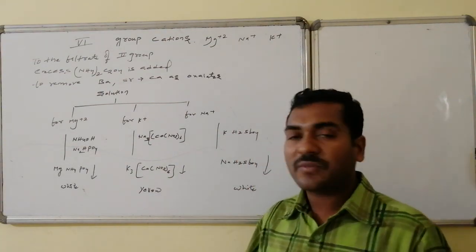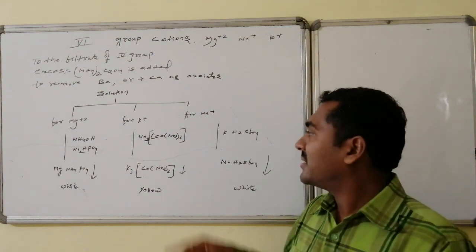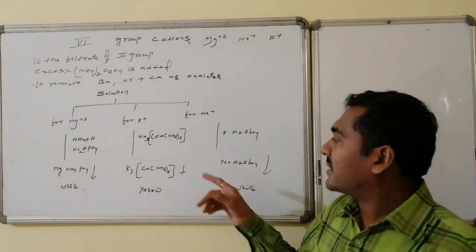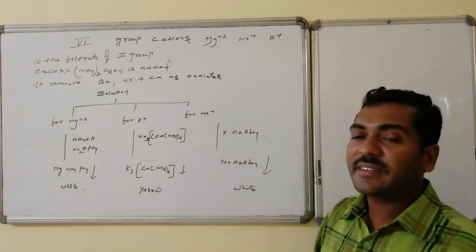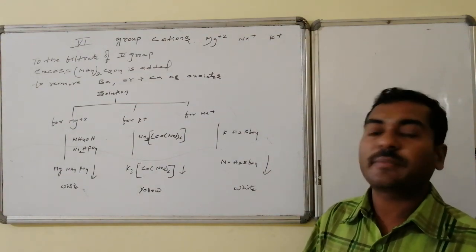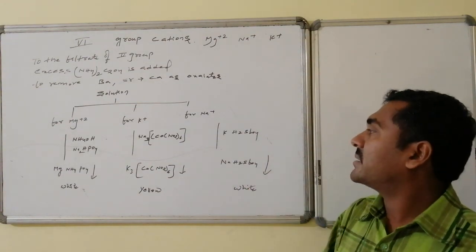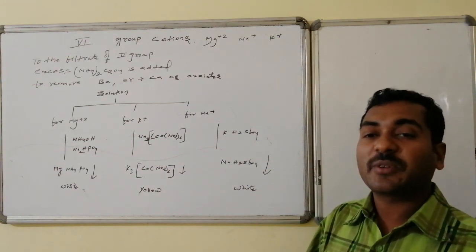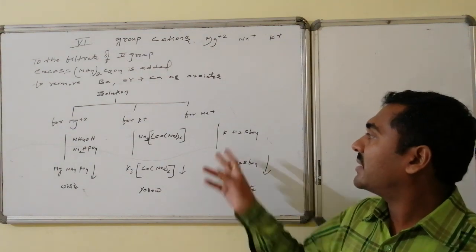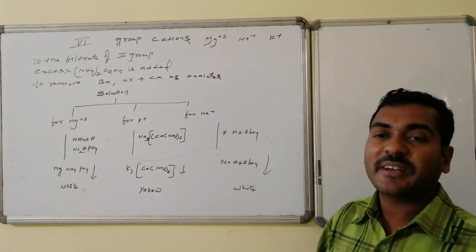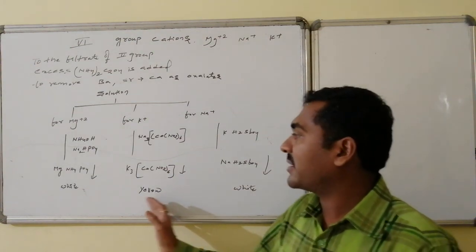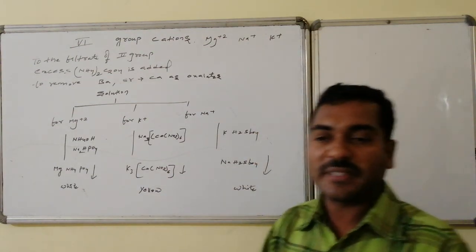For confirmation of potassium, you have to use a sodium salt, that is sodium cobalt 3 hexanitrite, which on reaction with potassium chloride is converted to potassium cobalt 3 hexanitrite, a yellow color precipitate. Similarly, the confirmation of sodium requires a potassium salt, that is potassium dihydrogen antimonate. On reaction with sodium chloride, replacement takes place. Sodium dihydrogen antimonate forms, which is a white color precipitate. This is a yellow color precipitate, and this is a white color precipitate.